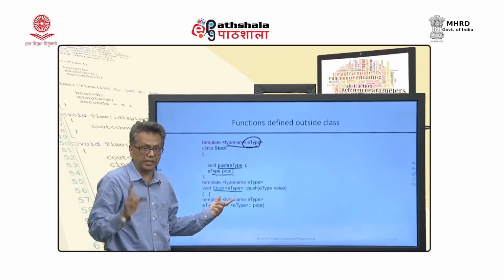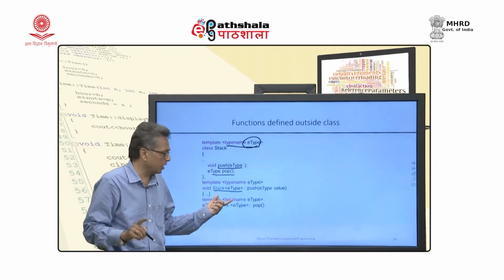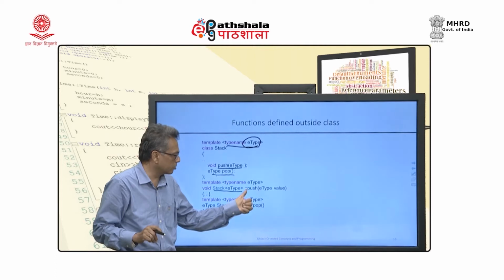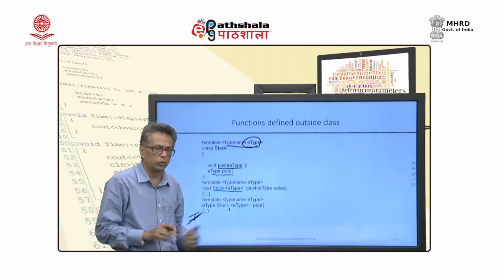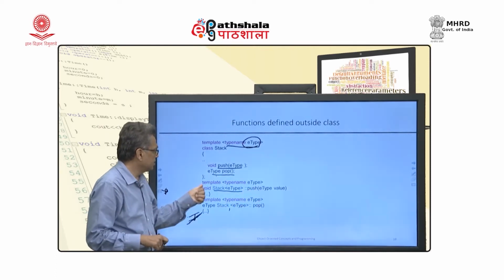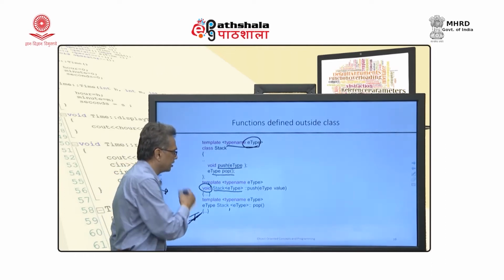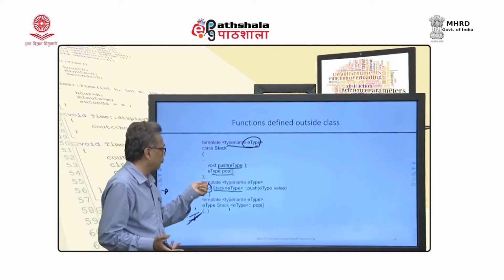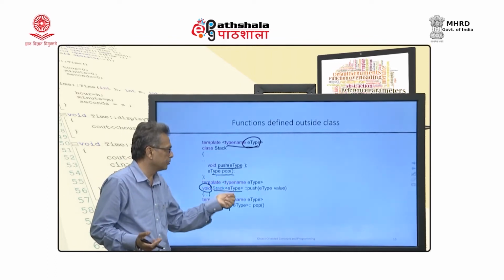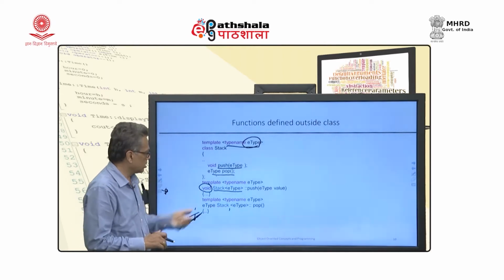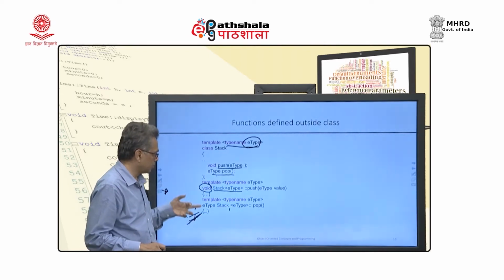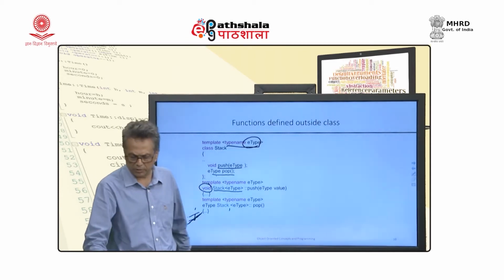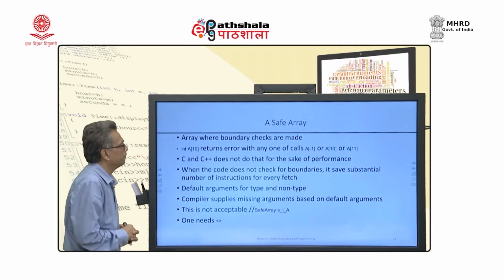Now, please understand, stack is not a class, stack E type is a class. Push is a function of that class. So, we have the scope resolution operator and then push, and this is the return type. Because I am using E type, which is a template, I have to say template typename E type, which is basically a type. This push and pop syntax is a little clumsy, but once you understand it, it becomes easier to write.